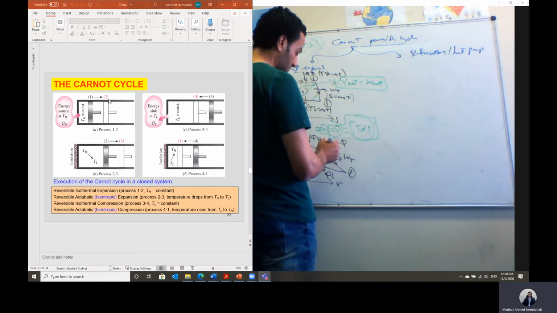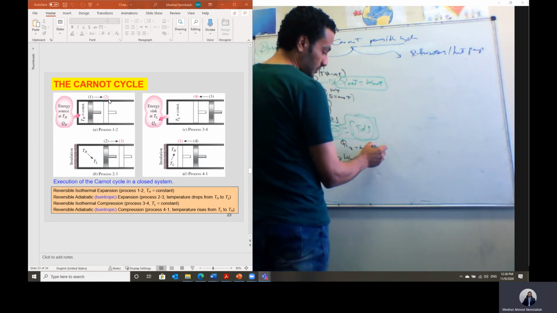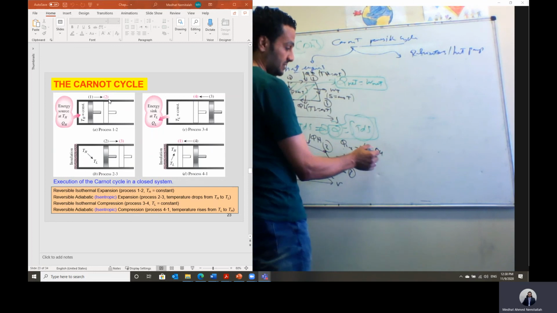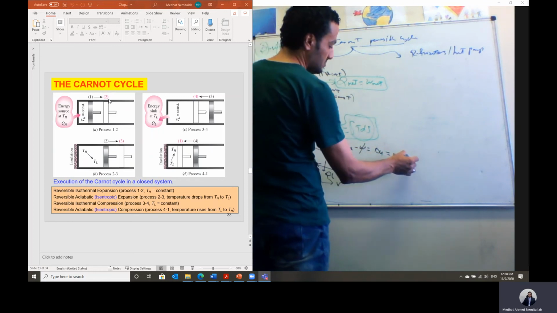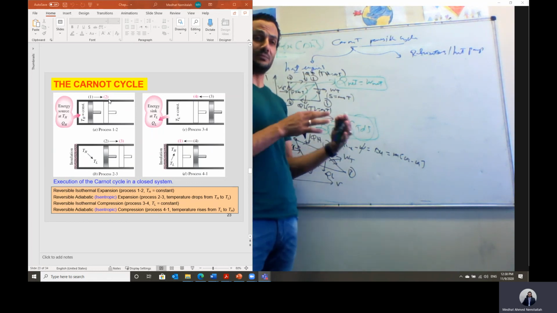So I will apply for process from 1 to 2, Q from 1 to 2 minus W is equal to delta U. So we don't have work, so the heat transfer will equal delta U, which is m multiplied by U2 minus U1. So the cycle can be applied either for open system components, like the steam power plant,